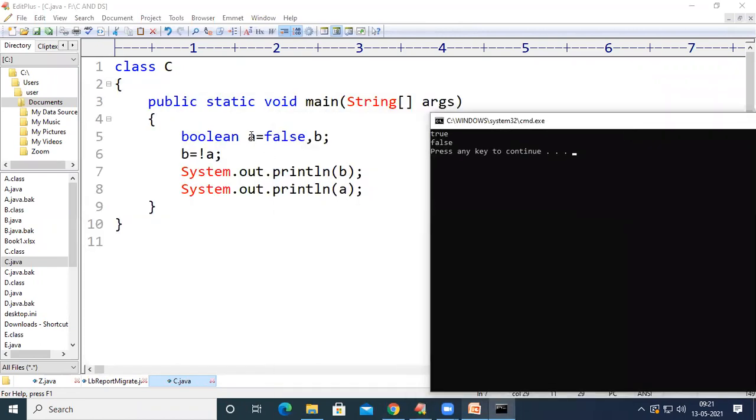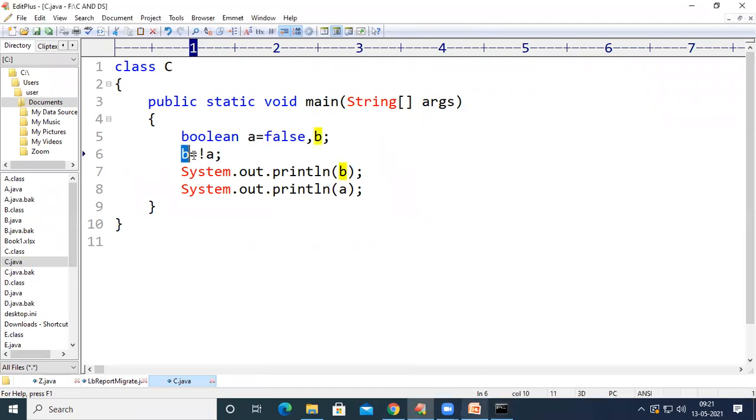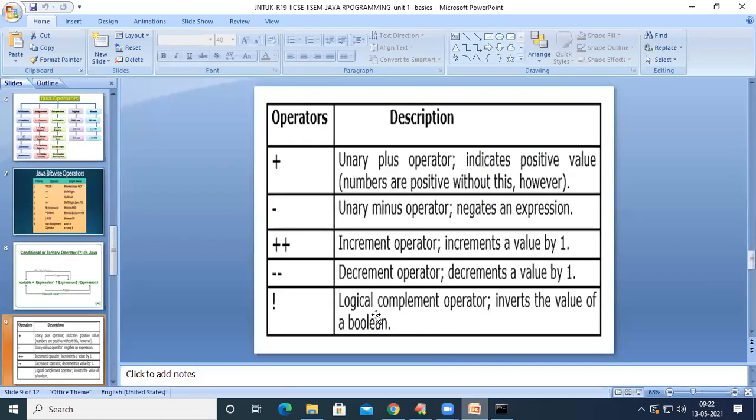See here, the value of A is false, and inside B, I am inverting the value of A. Inverting the value of A in the sense, if we store true in A, it will become false. If we store false in A, it will become true. This logical complement operator will just invert the value of the Boolean.